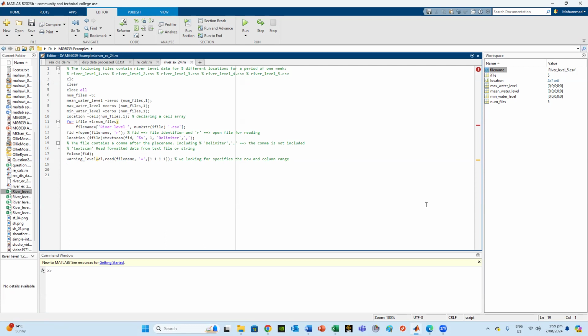All right, so now after that, remember the mean, maximum, and minimum: at the moment, they are not even reading the values. We just set them to be zeros there, and that's why I need to be concerned about them. So I will now calculate them correctly, but before that, I need to make sure I'm reading the water level as well. So water level